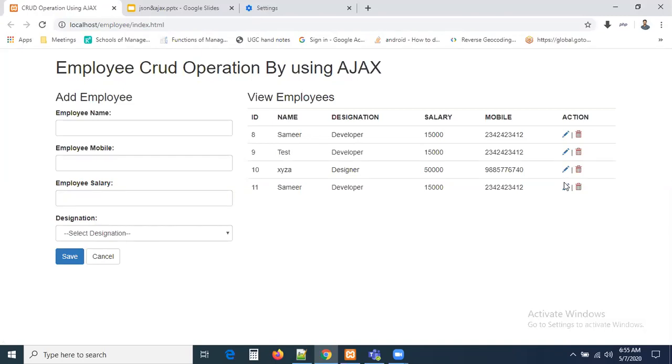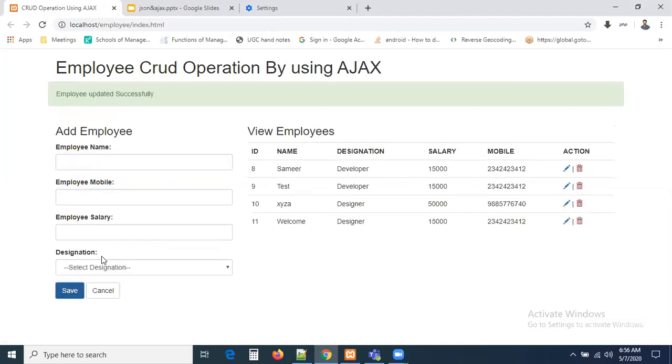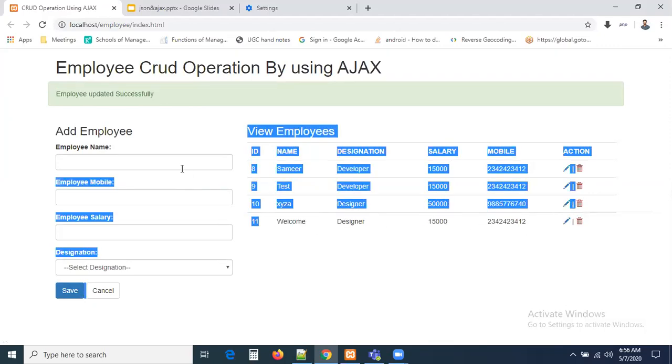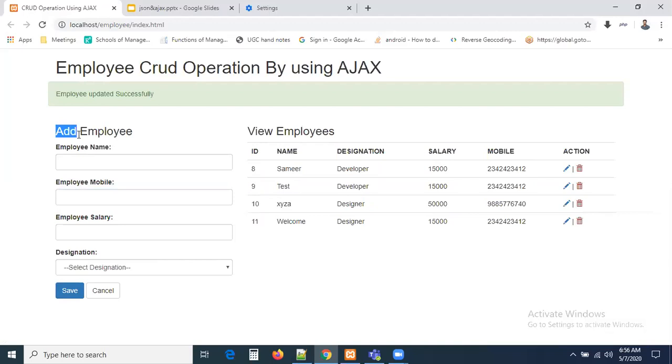Click on it. The 11th record I'm clicking here. His name is welcome, and some mobile number is there. Let me enter some mobile number. Yes, done. Let us go with the designer and update the employee. Mobile number should be 10 digits, maybe 8 digits I entered. Let us try to update it. Now can you see, employee updated successfully, and this record information is also updated. Moreover, you can see the labels also. Once the updated message is done, the labels change, right?